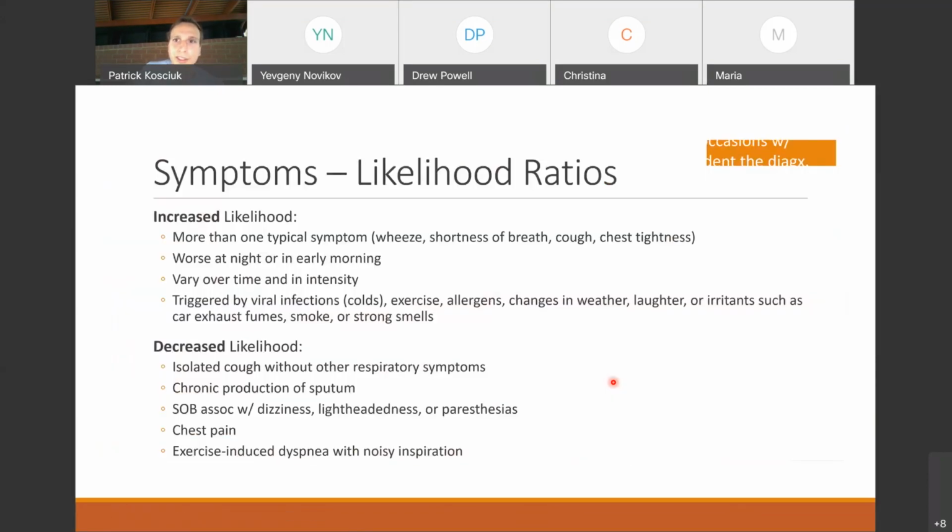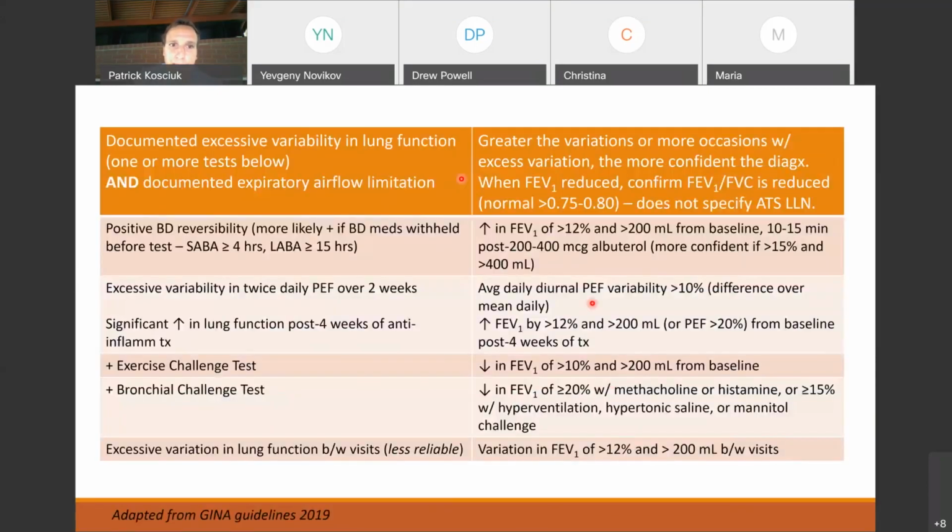And so here's a large table. Here's how you can make the diagnosis of asthma. On the left is the terminology for it. These are all GINA guidelines 2019. And on the right is better defining it. Classically, we're talking about having symptoms where you have variability in your symptoms, and you also have some degree of